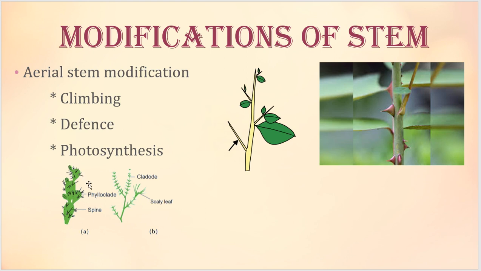The first one is phylloclad. I have given these 3 terms. These are the three reasons why they have extremely modified. First, they can modify for climbing purpose, they can modify for defense purpose, or they can modify so that they will be doing photosynthesis. Okay, so while you learn the types, you will understand that better.